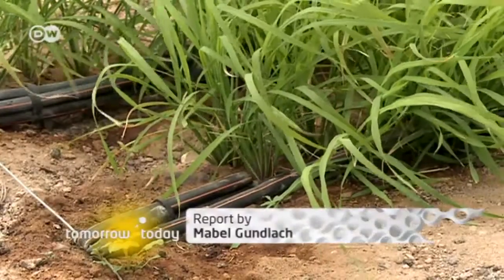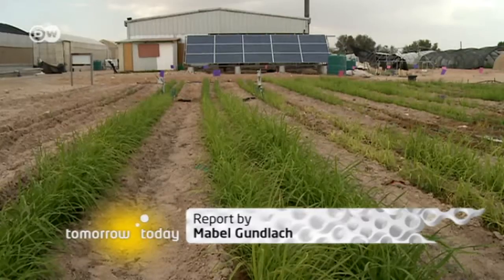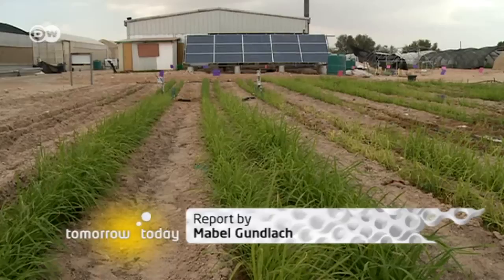Rice can be grown using much less water, and also dramatically cutting nitrogen emissions that damage the environment. You have slope, you cannot go